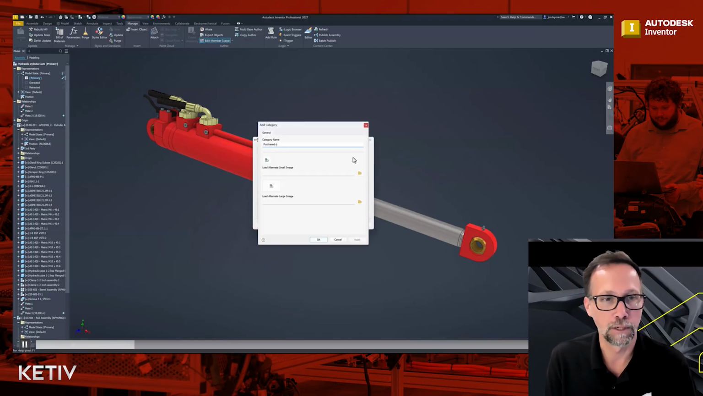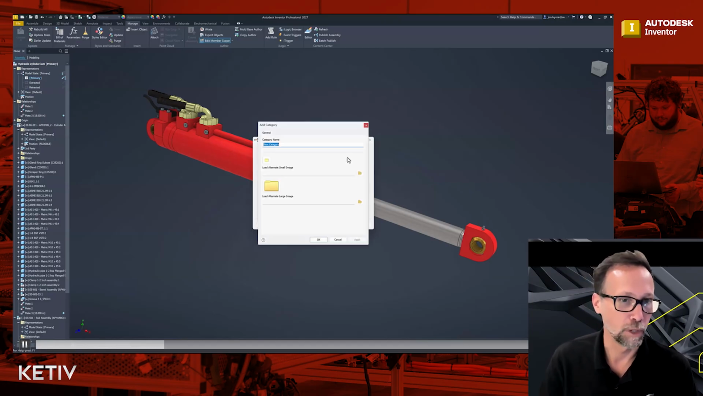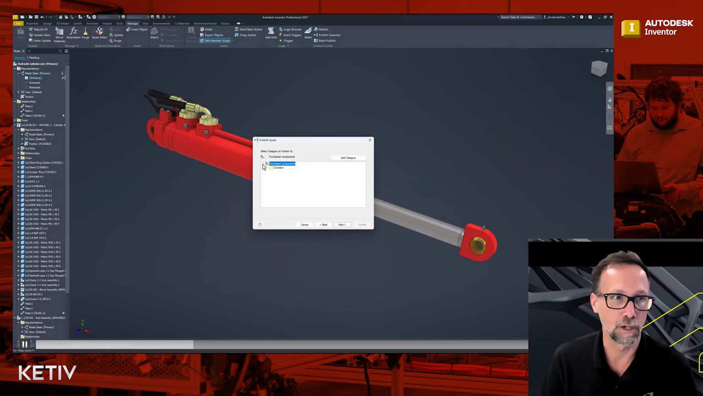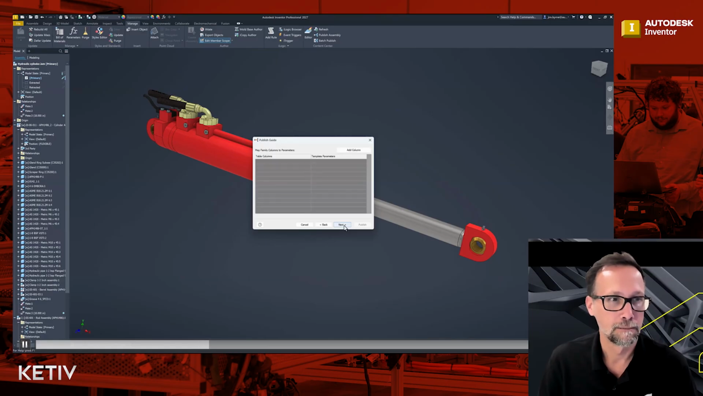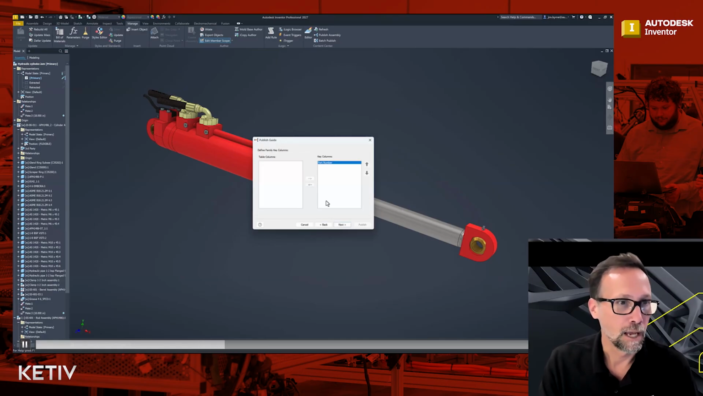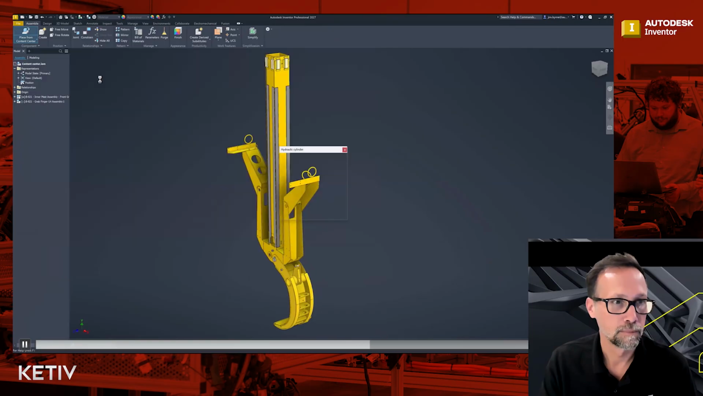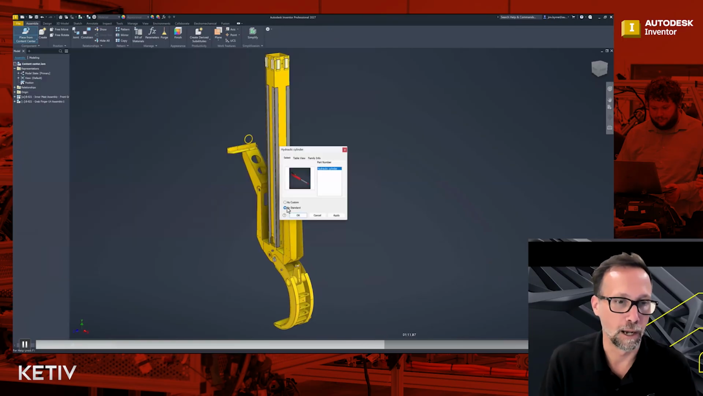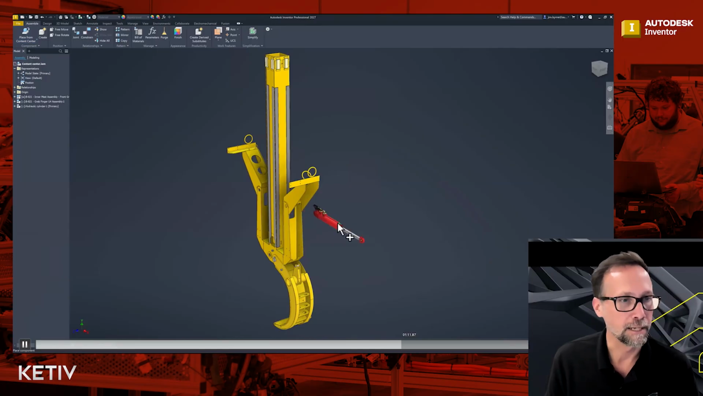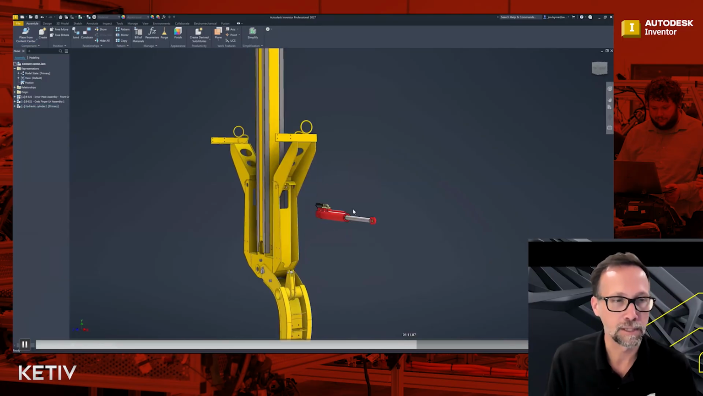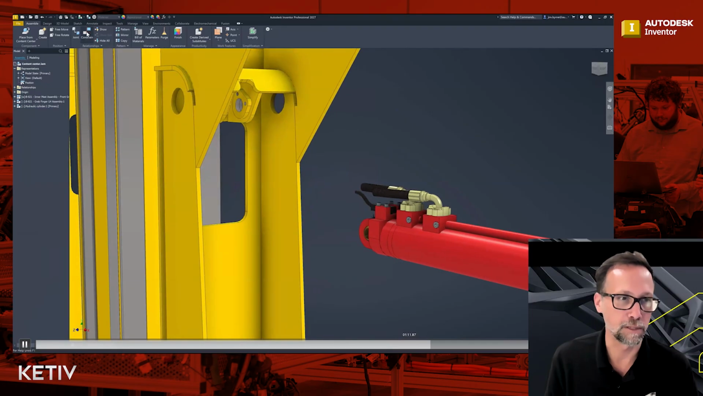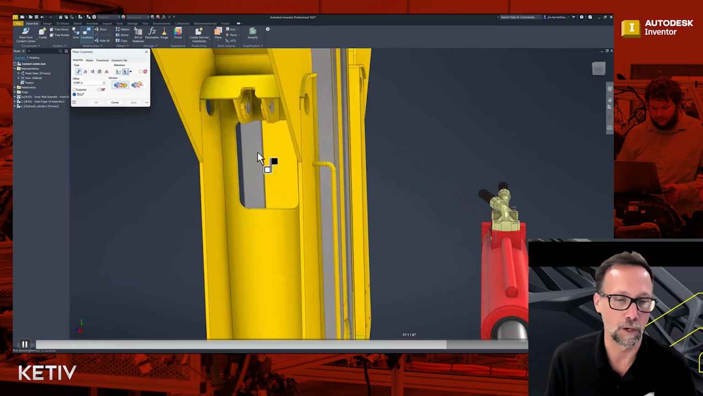But there's a nice wizard that will walk you through the process for things like categories or where you want to place the assembly, naming conventions, things of that nature. It'll walk you through that whole process. And then when we place this inside of our assembly, there's also an option for placing it in as a standard component or as a custom instance, so that if you use the custom instance, then it gives you the ability to